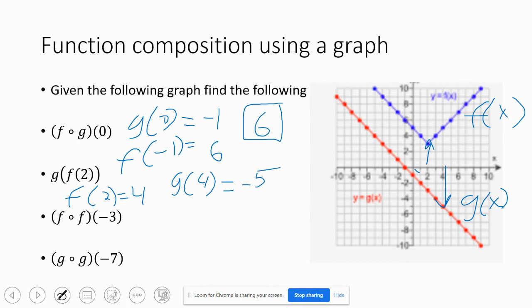Okay? For the first two, you start with one function, go to the other one. Start with one function, go to the other one. Be very careful. When you're at 0, in this case, you're going down to negative 1. Then once you're at negative 1, you go straight up to 6, this point right here. In the second one, you're starting on the line. So at 2,